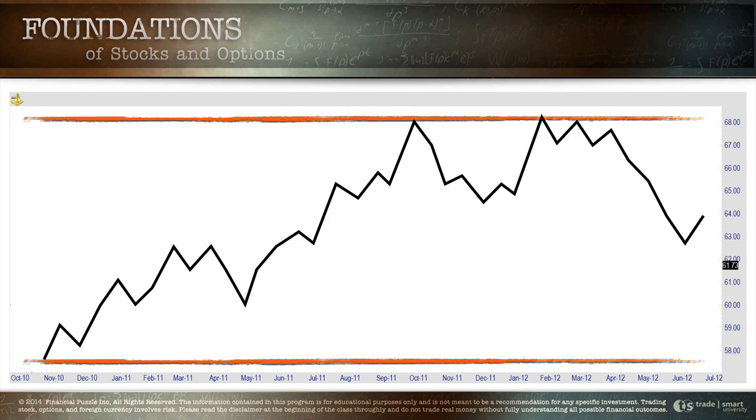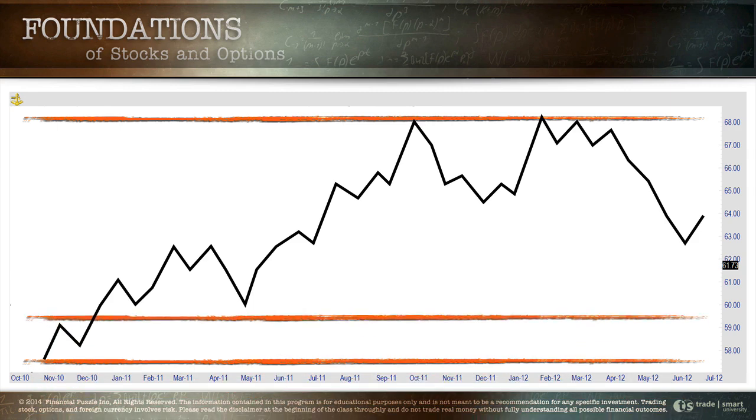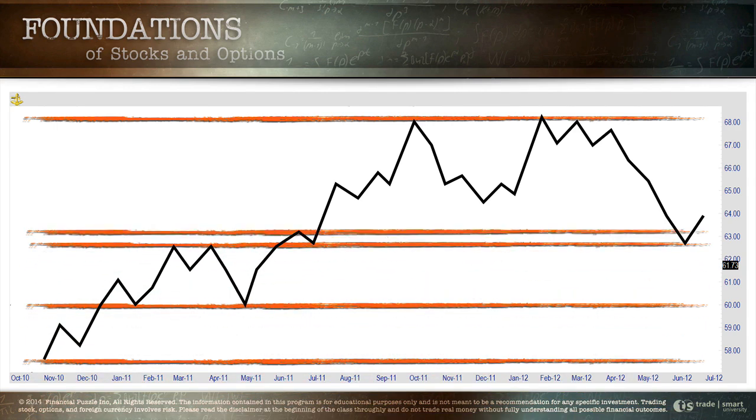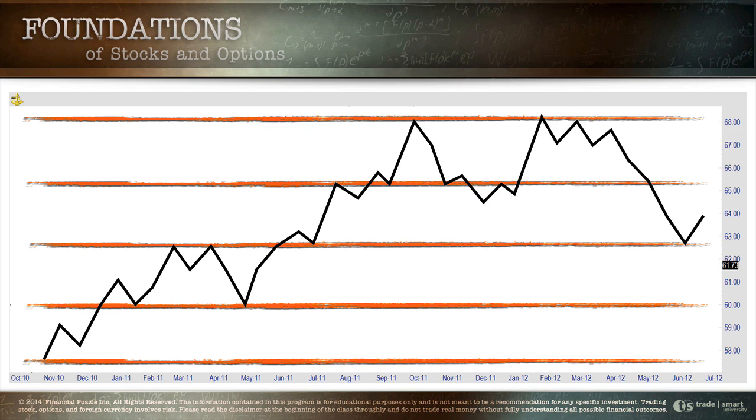Now, the next thing we're going to do, I typically draw from the bottom up. You can draw from the top down, but I typically go from the bottom up. And you're just going to raise your line until you start connecting at least 2 points, ideally 3 or more. The more times that a stock hits a price point, the more valuable that price point is.